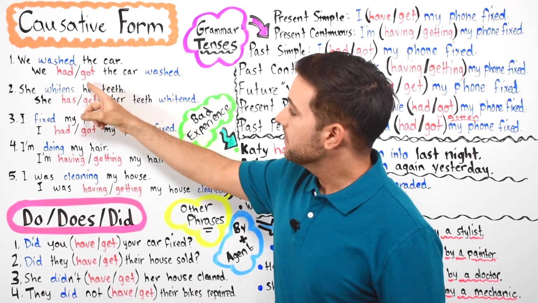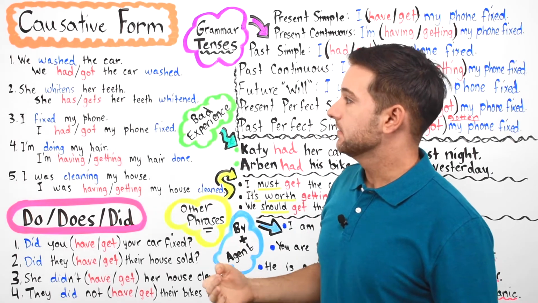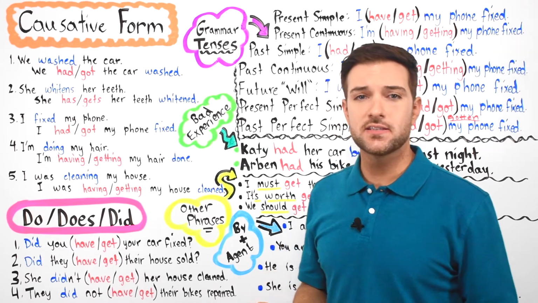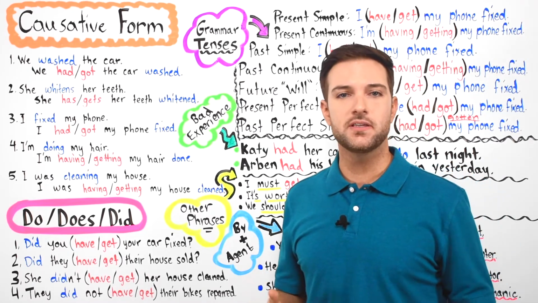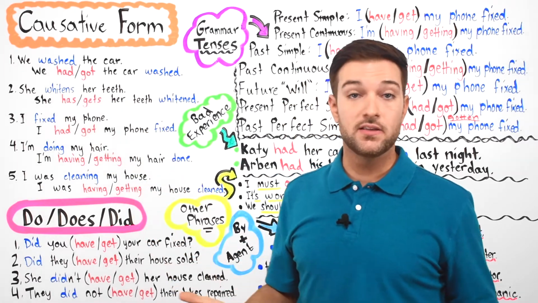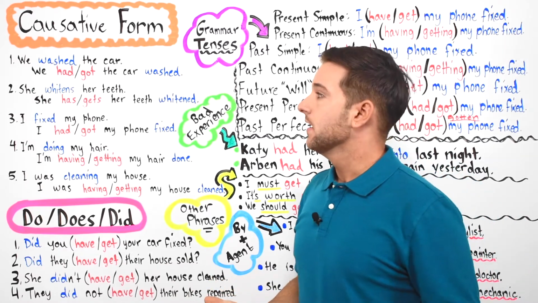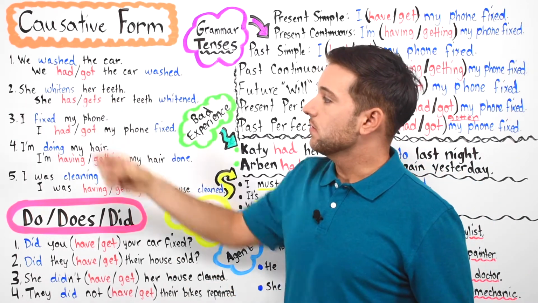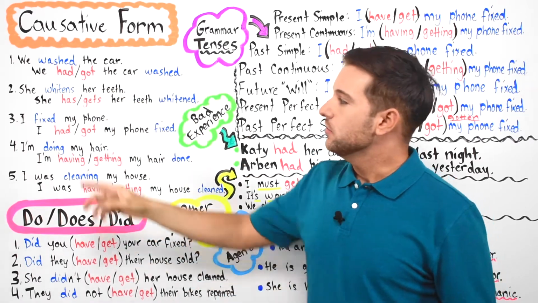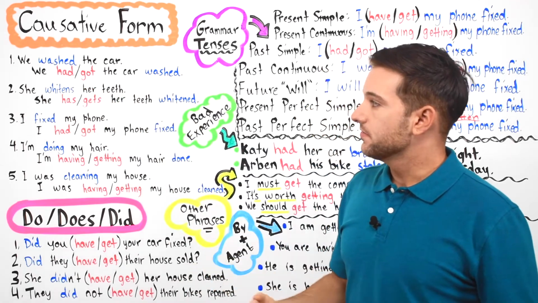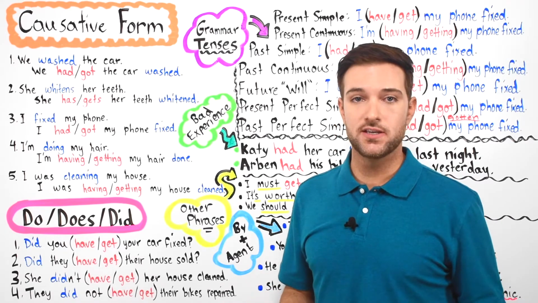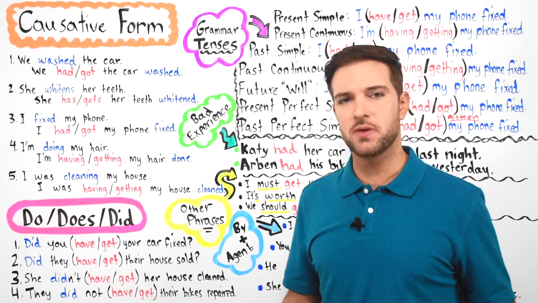However, got is used more informally. I would say that Americans especially use it more with our friends, with our family, with people that we know. Whereas you can also hear the other in informal conversations, certainly, but you would see this one more in writing. You would not find got in writing all that much. You would definitely find the verb to have more in this context, especially in documentation. But in speaking, not so much.